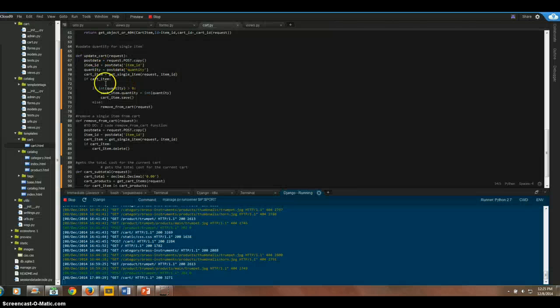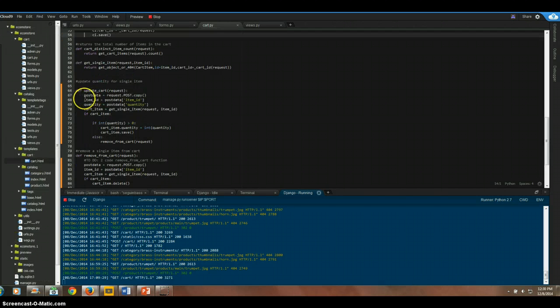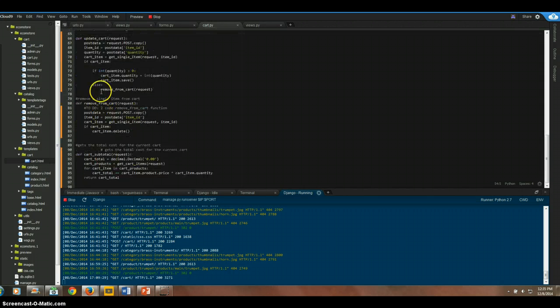If you want to update or remove an item from your cart, you will use the update and remove cart functions. In each function, when the data is posted, they create a copy and make sure to get the item ID for each individual item quantity that's being removed or updated. And it uses if logic to either update the cart or remove or delete the items from the cart, like this,